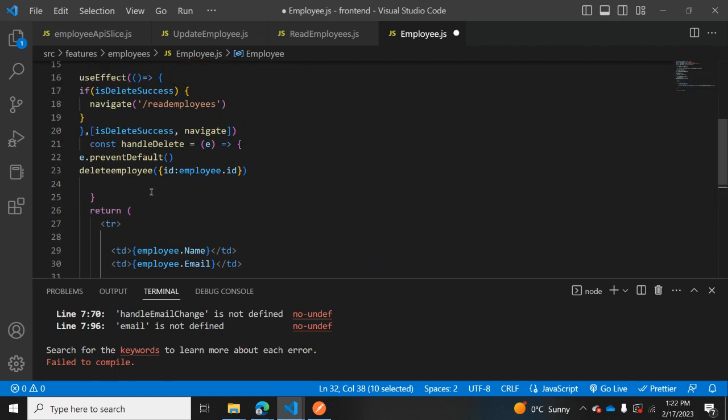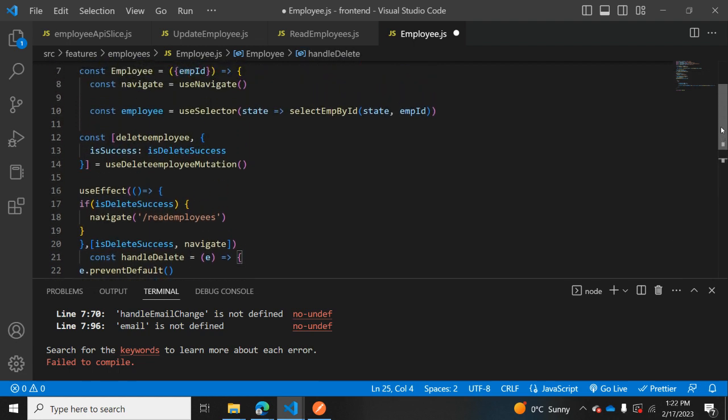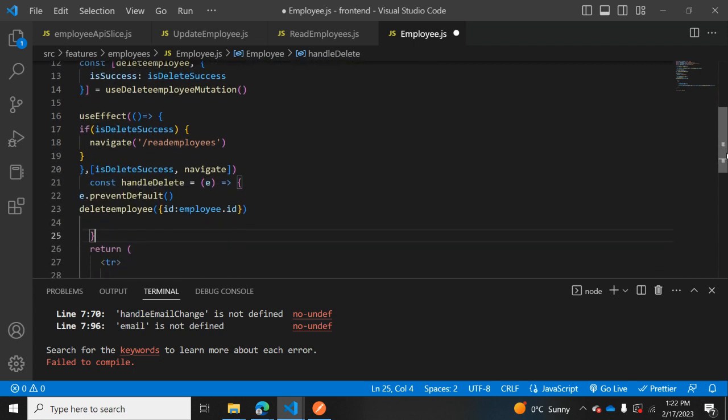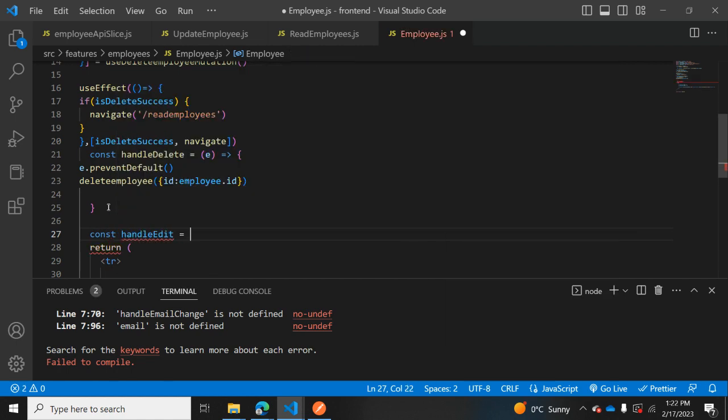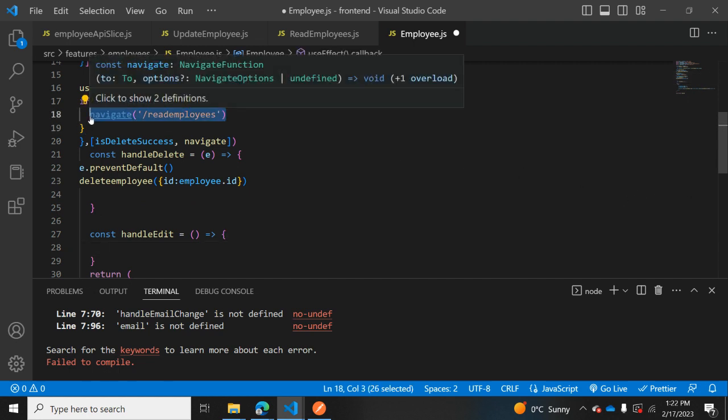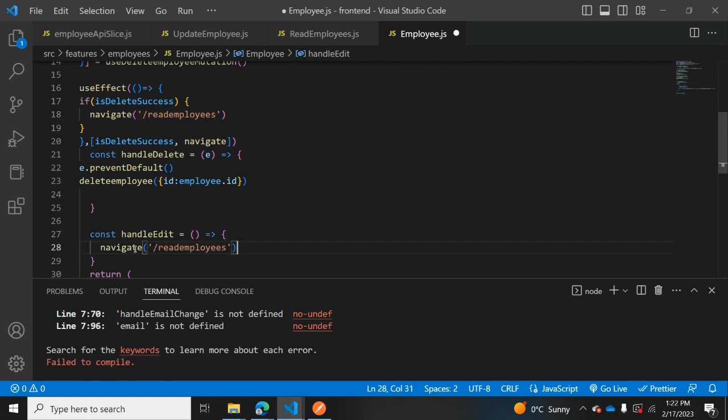Let's copy it, and so once we get this handle edit,